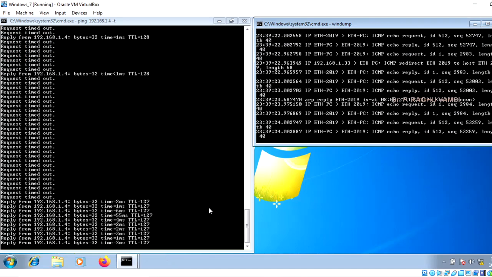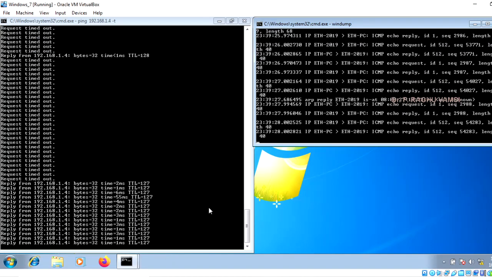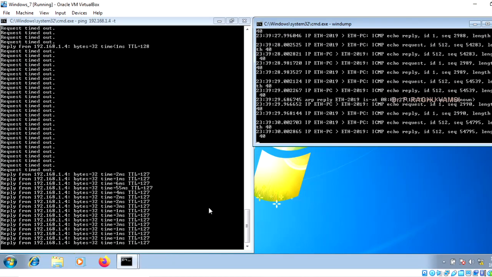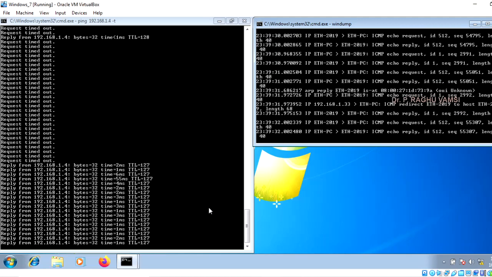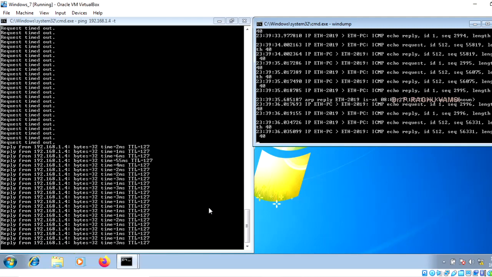Windows 7 is assuming that 192.168.1.4, which is Windows XP, is communicating with it. But actually, here Kali Linux is communicating with Windows 7.